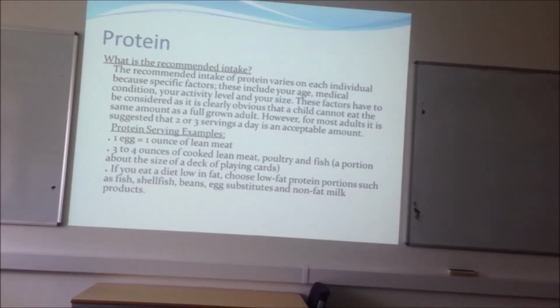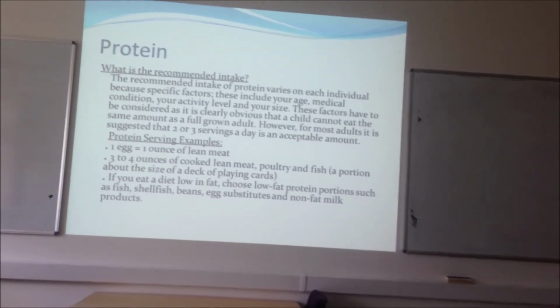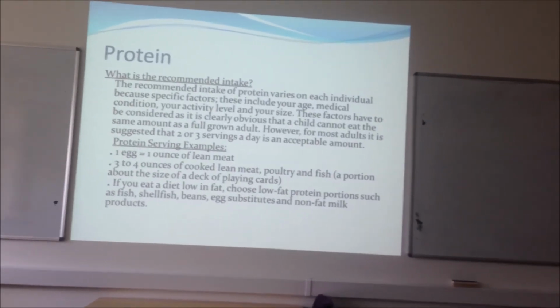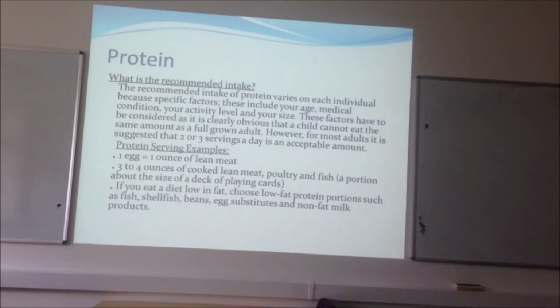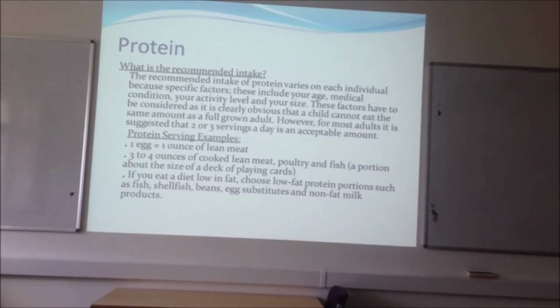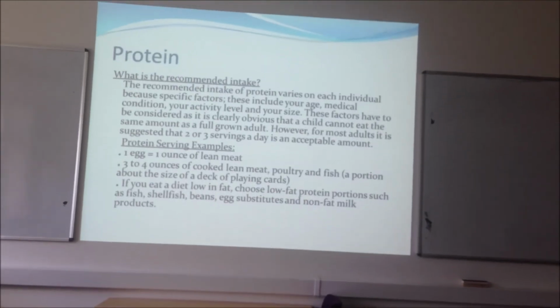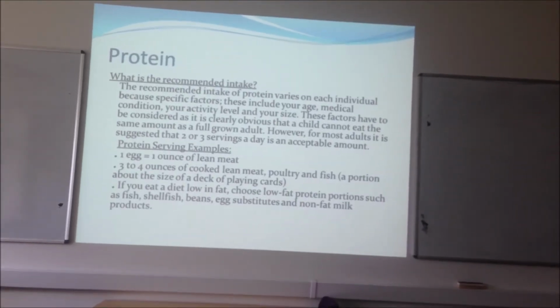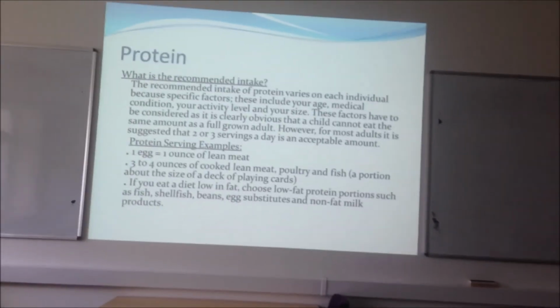Protein serving examples: 1 egg is the same as 1 ounce of lean meat, or 3 to 4 ounces of cooked lean meat, poultry, and fish. A portion about the size of a deck of playing cards. If you eat a diet low in fat, choose low fat protein portions such as fish, shellfish, beans, eggs, substitutes, and